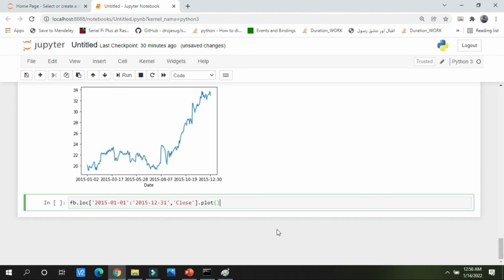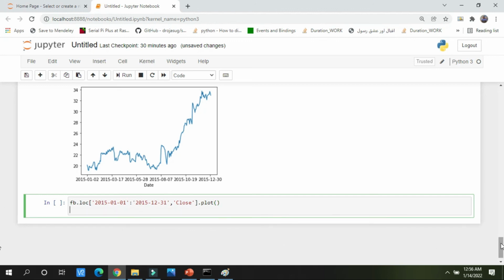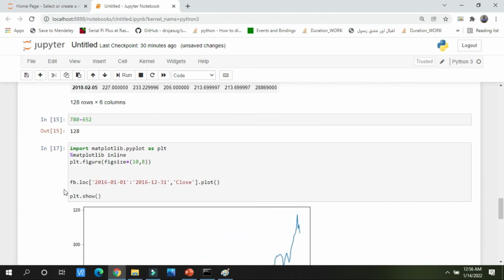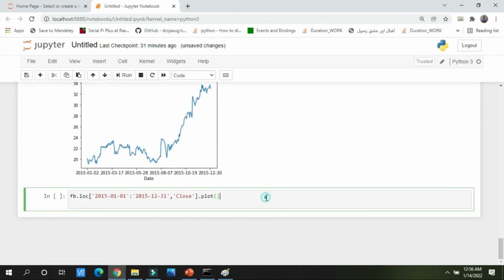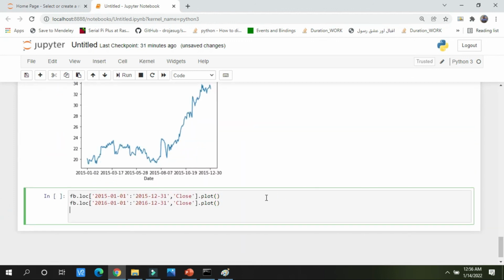Now below this line in the same cell I will write the code for plotting the data of 2016 as well, and by using my keyboard I will write the slicing of 2017 from the main data as well.